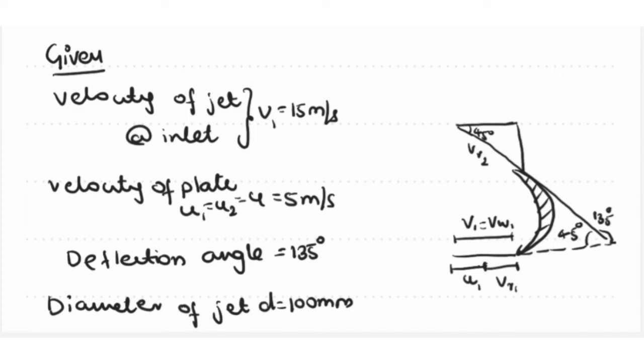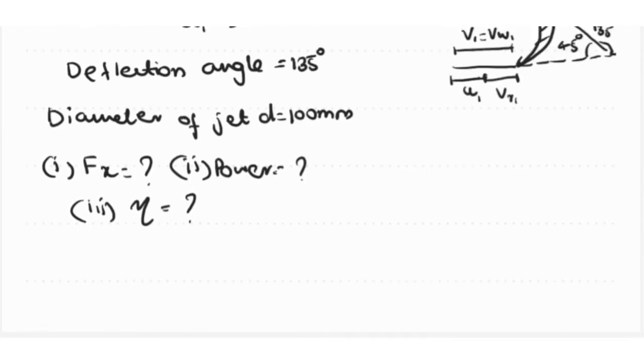We will draw this alpha 2 later, whether it is acute or obtuse, based on the value we will get. So I will stop here. So this will be vf2. I will draw u2 and vw2 later once we know whether alpha is acute or obtuse. So let us calculate the values.